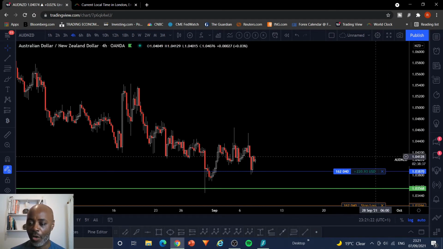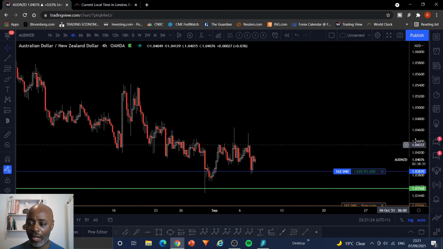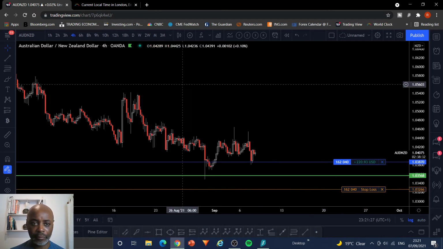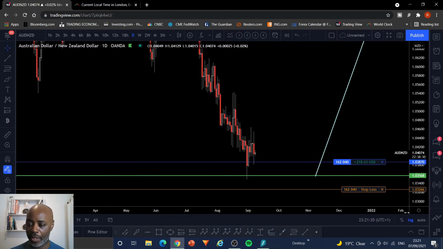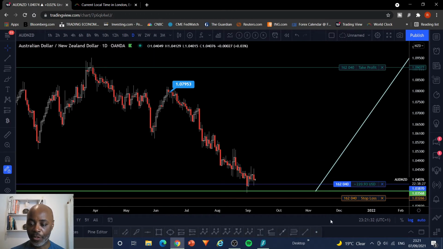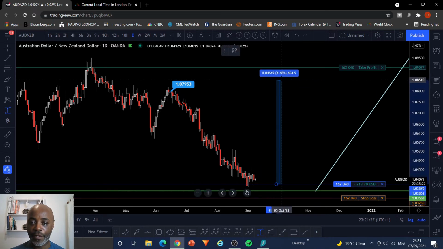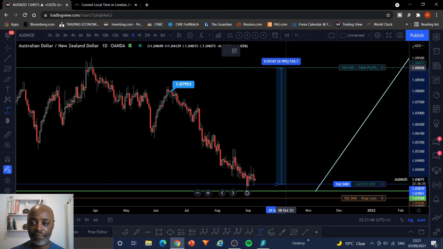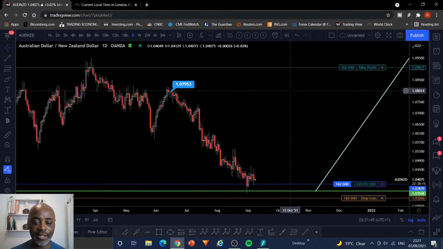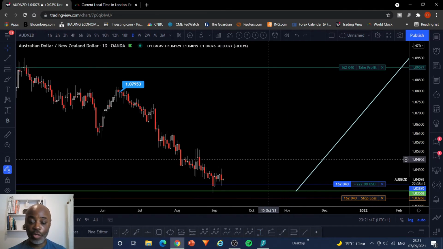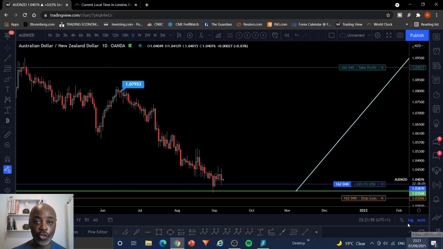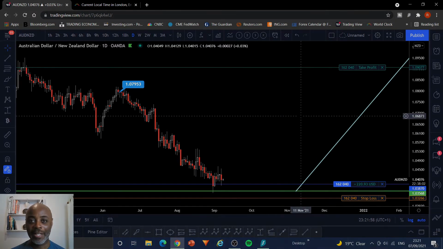As you can see here, we're slightly up in price, only slightly. There is my stop, and there's my take profit all the way up there. Let me just remind myself of how many pips away that take profit is. We're in excess of 518 pips away. So let's see what happens, traders. I just wanted to show you we're live. As you can see, price just moved, so we are live in this trade now, long the Australian dollar, New Zealand dollar. Let's see what happens, traders.